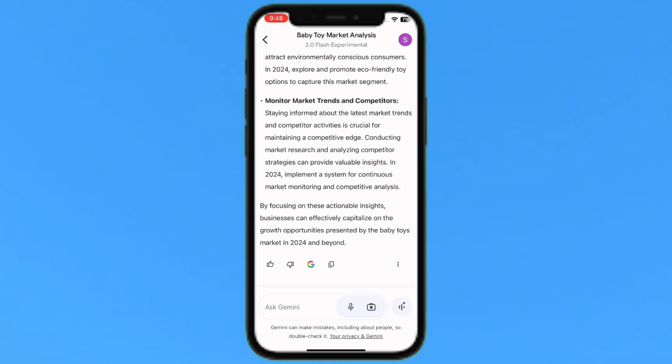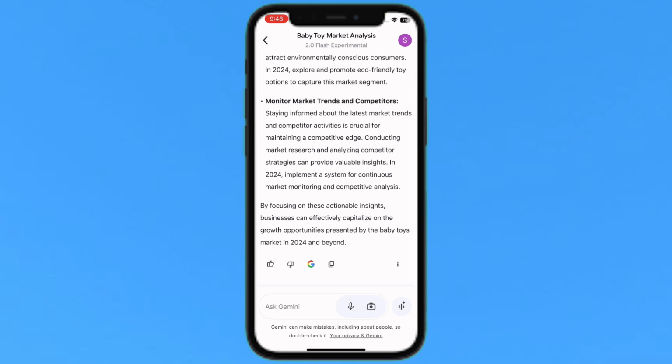So in 2024, implement a system for continuous market monitoring and competitive analysis. By focusing on these actionable insights, businesses can effectively capitalize on the growth opportunities presented by the baby toys market